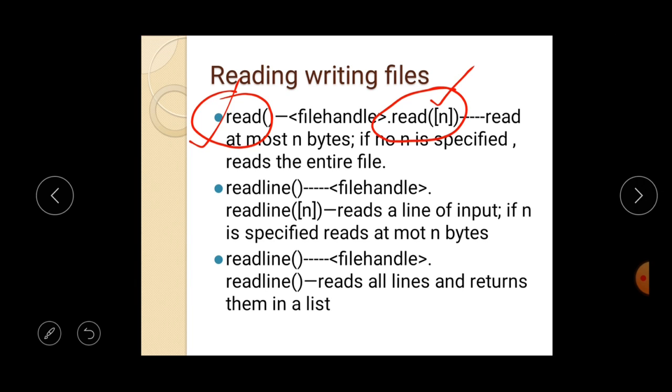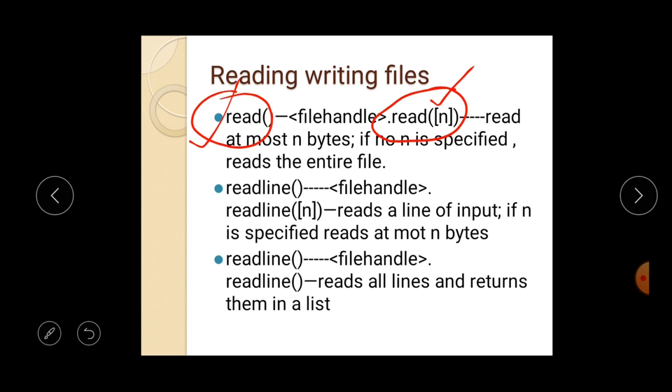Means you can give the total number of bytes or words that you want to read from the file. So when you provide n, means the total number of bytes, with the read function, then the read function will read that number of words from the file, and if you want to print it, you can print those words.